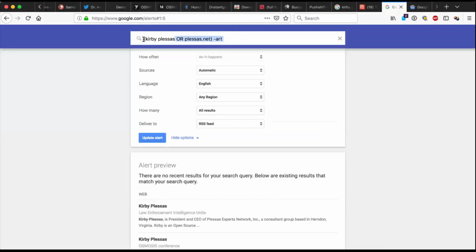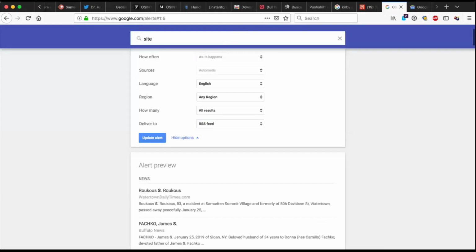I would be doing a site colon on any URL that I wanted to monitor, because even though I would try and get RSS directly from them as well, some of them may not have RSS, and Google may not index every single thing they do. At least I would get some updates when Google does re-index, and it would keep them at top of my mind, that sort of thing. I would, of course, in news, yes.